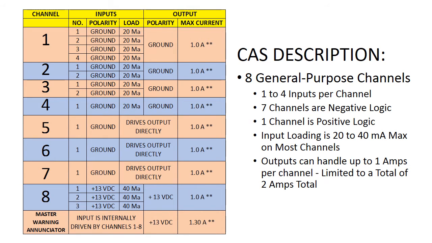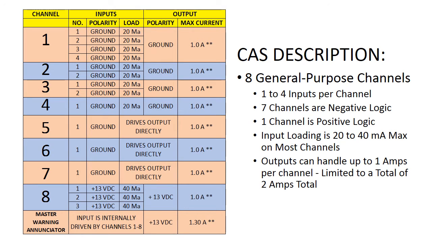The inputs typically are buffered by sealed miniature reed relays. That allows a very small input current to control a much larger output current. So most of them will only load down the alarm circuit going into the board with a 20 milliamp load, and yet they're capable of driving a 1 amp output. In practice, in my application, these outputs are going to small panel lights which draw 80 milliamps, so nowhere near